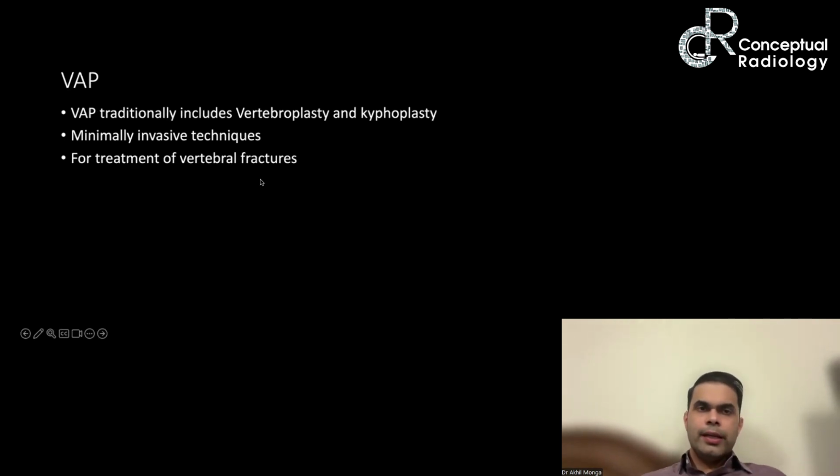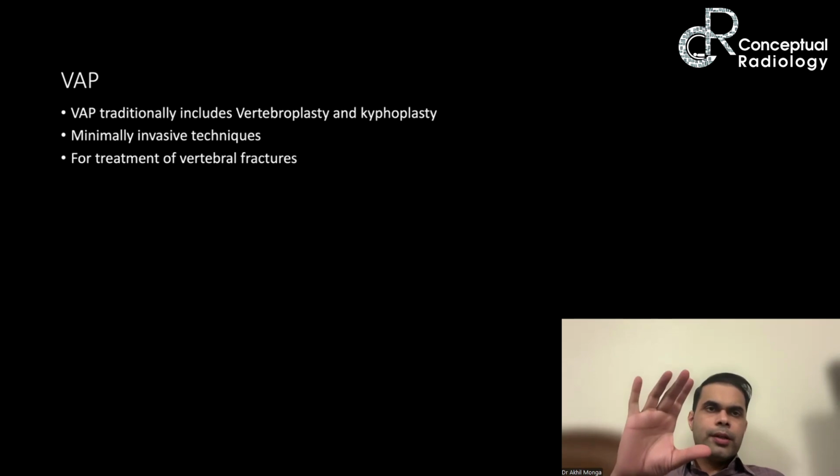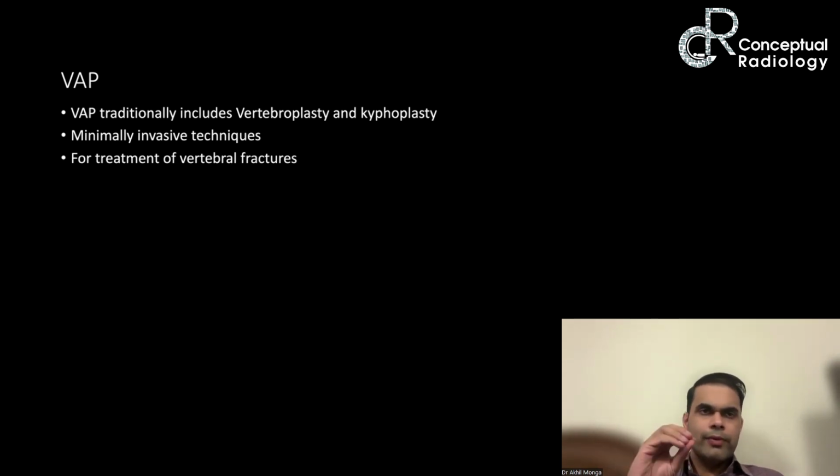The basic idea is that the two traditional techniques in vertebral augmentation procedures are vertebroplasty and kyphoplasty. Vertebroplasty is the one we are discussing. It was the first one that was brought in, and then they started using an inflatable balloon to create more space so that they could fill in more cement and help increase the height of a collapsed vertebra. If the vertebra is significantly collapsed, then to reinstate a bit of height, they started doing